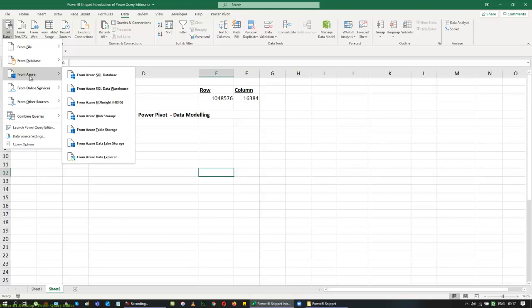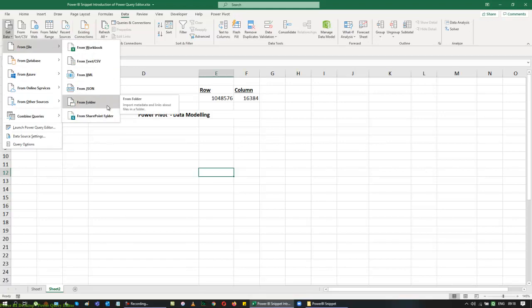Remember, when your data are beyond your rows, that is 1,048,576, please don't bring them into the sheet. Again, I can convert that. I'll show you the differences as we go forward when I talk about Power Pivot. I'll explain that a little better. In today's class, I'm keen to play around with Power Query, and I'm going to use one logic today: I'm going to bring the data via a folder. I'm going to import metadata or a link of data inside my Excel using a folder option. So let's see how to use this using a folder option.